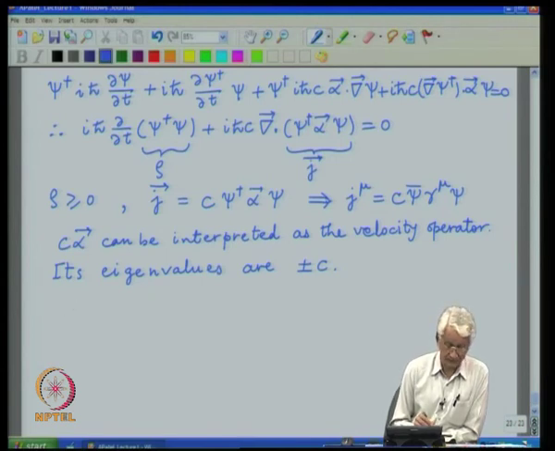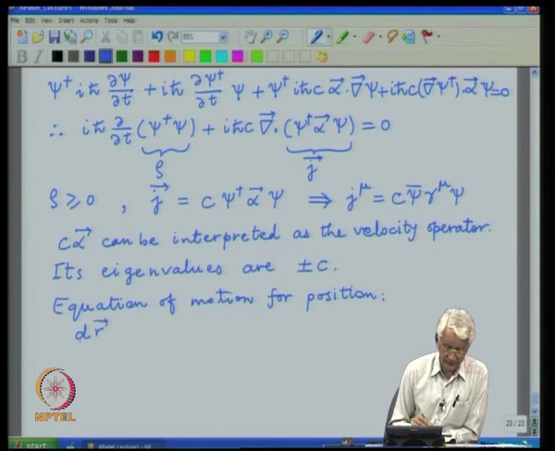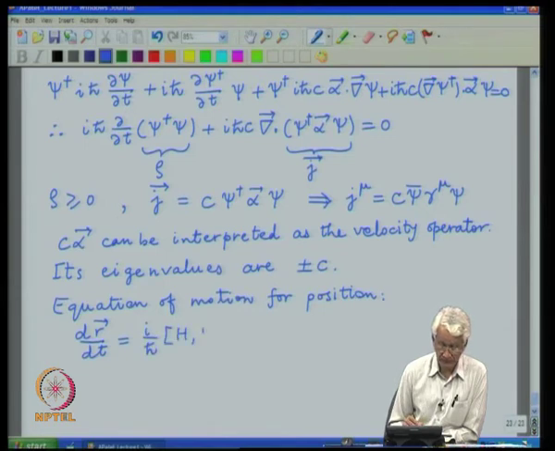So, that object, dr by dt, is the commutator